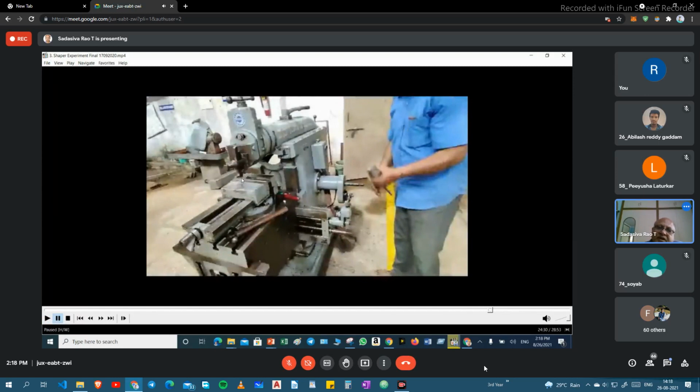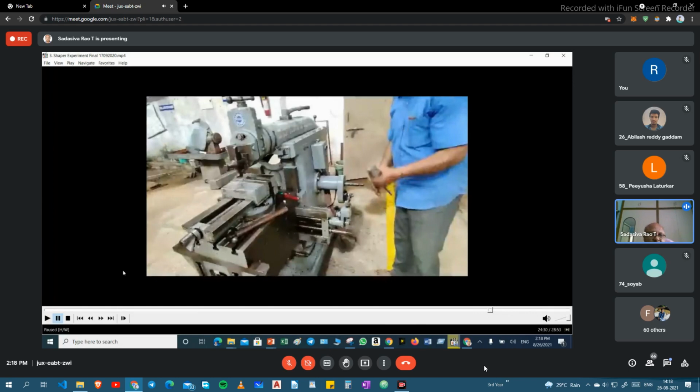First time, we will remove material along that line and then reverse it. Okay, and after that, once again, we have to take the precaution. That line must be parallel to the surface. Then you remove the material on that side, and just opposite, you reverse and you can do it. In this way, you can remove the material on 4 sides.